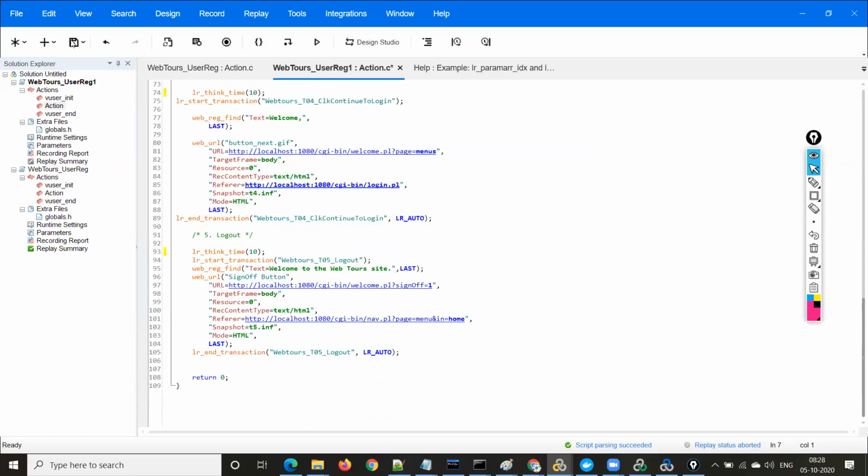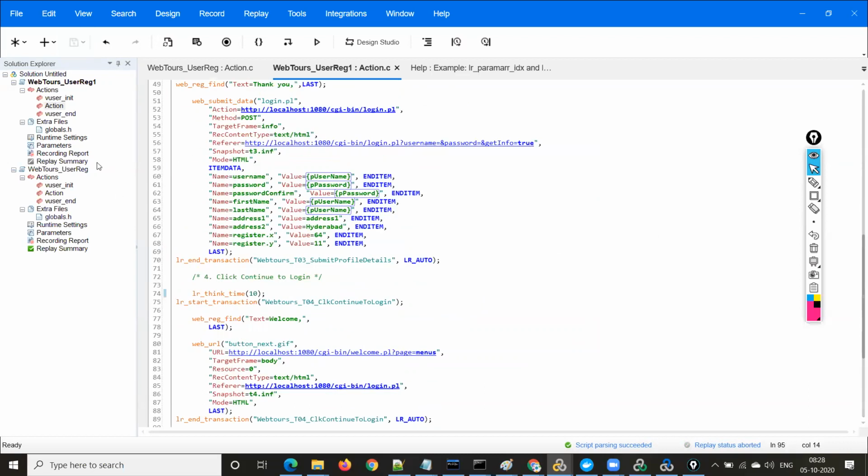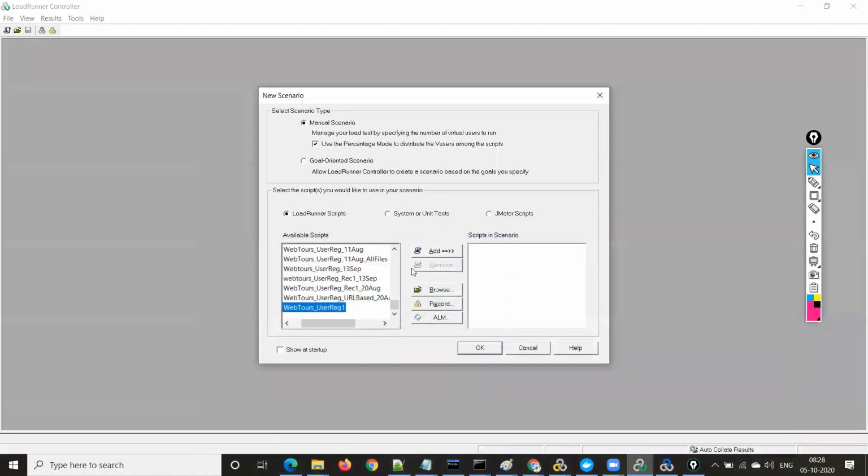This script is ready. This script has the start transaction points and web_rec_find. So this is our first script. Now let's add this first script. I saved just now. Here you can see that script in the available scripts. So select that script and use this add button to add it to the scenario. The next script is